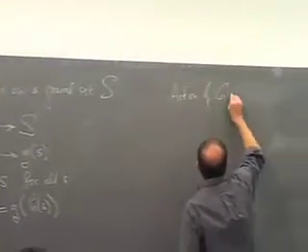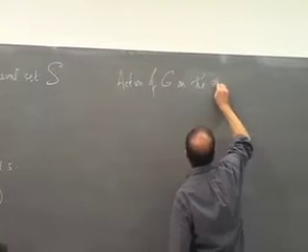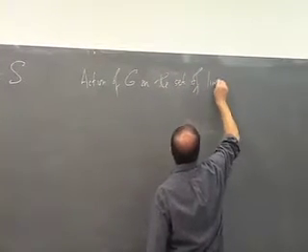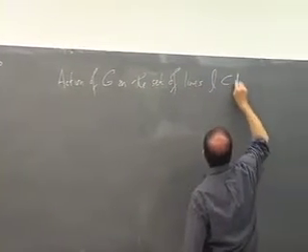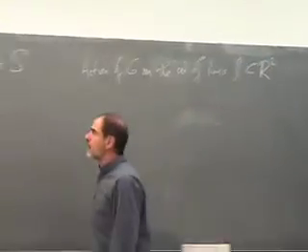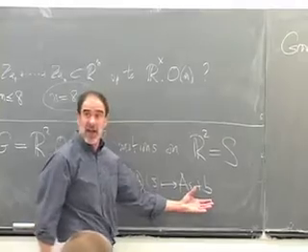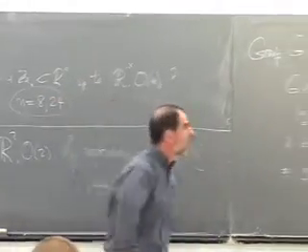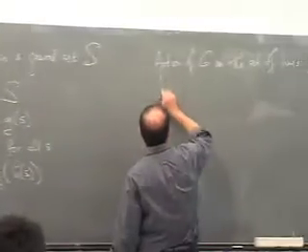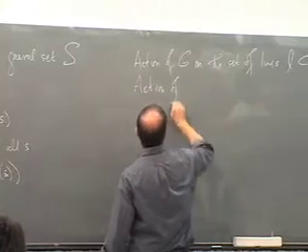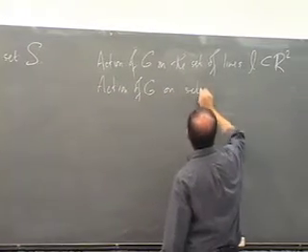We could also take the action of G on the set of lines L in R2. Because if you act on the points of R2 by the group of motions, it preserves lines. This action takes the points on the line to another line. Or we could take the action of G on the set of triangles